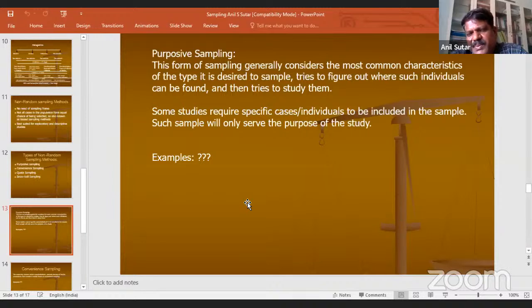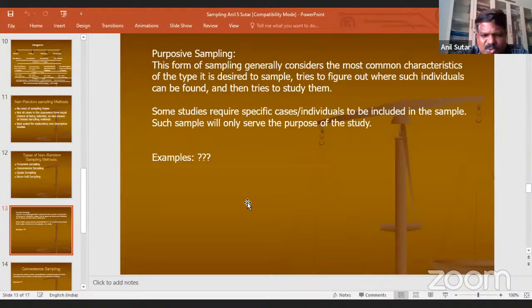I randomly visited there, something like that. But in sampling, random has a very scientific connotation. In the same way, even purposive sampling has been grossly misrepresented. People say that they are using the purposive sampling method when actually it is not the kind of method they are using. So what is the purposive sampling method?